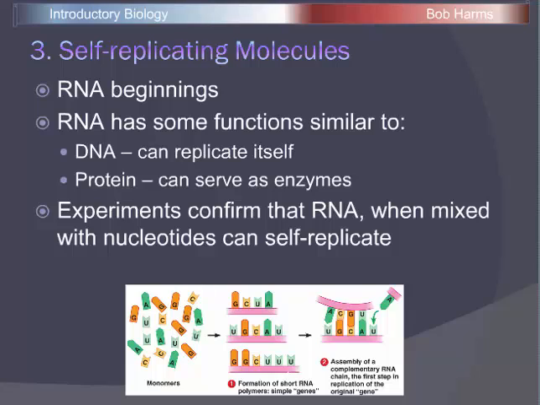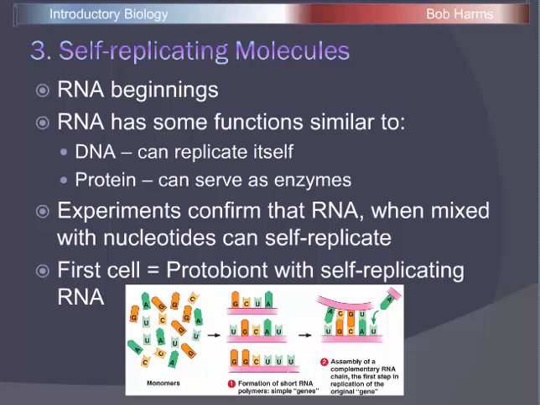And experiments have shown that if we take a piece of RNA and mix it with several different nucleotides, the A, U, G, and C building blocks of RNA, these nucleotides will start to attach to the RNA and self-replicate, making copies of that piece of RNA. And so that first cell, that primitive first form of life, was probably a protobiont, one of these phospholipids with lots of different macromolecules inside, that developed a piece of self-replicating RNA. And then gradually over time, evolution would act on that first cell